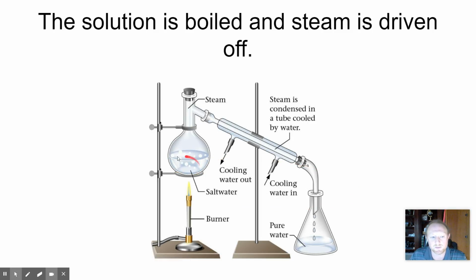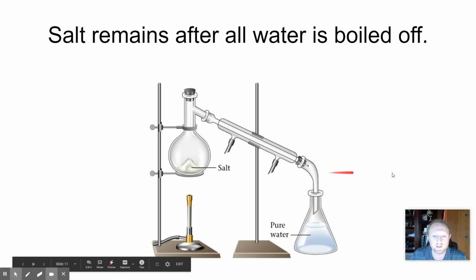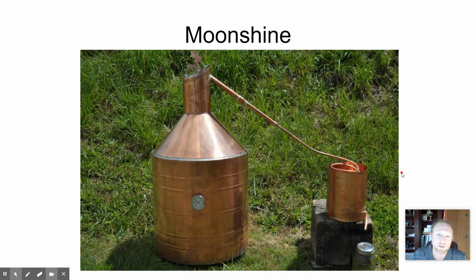We'll take a look. Here's another one. Here we have some salt water. So again, the water is boiled off and collected on the other side of the condenser, leaving the salt behind. The most famous practice of this is probably the production of moonshine, where alcohols are boiled off and separated according to their boiling points. Okay, but in this particular case, we have what's known as a still. A still stands for distilled